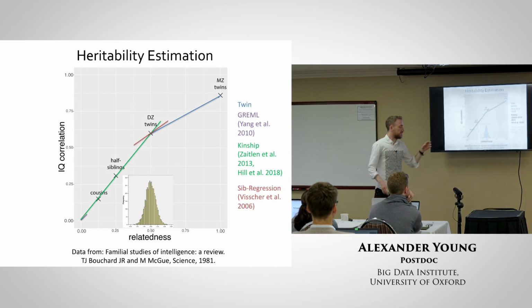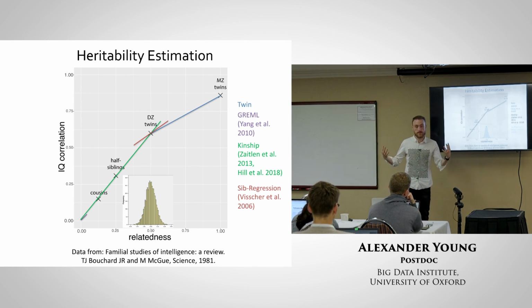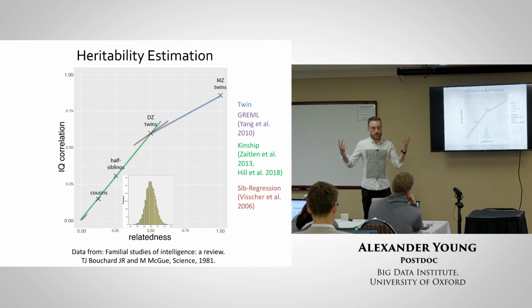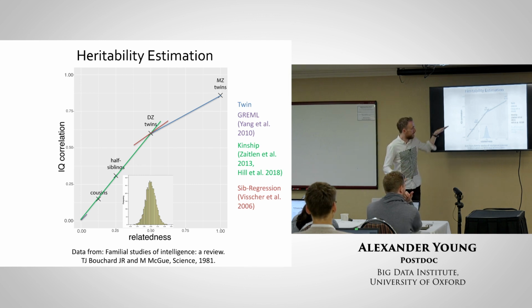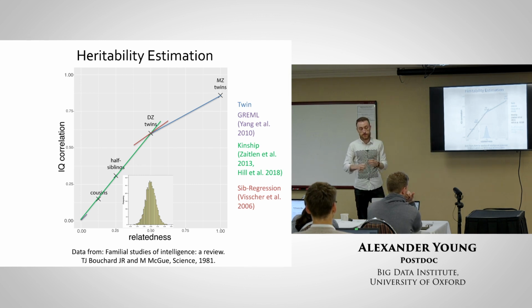Okay, then there's this method developed by Peter Visscher in 2006, and this takes advantage of this random segregation within families that I've been talking about. So siblings vary in their relatedness. As shown before, you have these meioses, and they can share IBD, they can not share IBD, and how much IBD they share or not, there's deviation around the expectation, which is 0.5 for the relatedness between siblings. This variation around the expectation is uncorrelated with almost all kinds of environmental effects. So if you look at how phenotypic similarity changes with relatedness for sibling pairs alone, you can estimate heritability in a way that is robust to environmental effects.